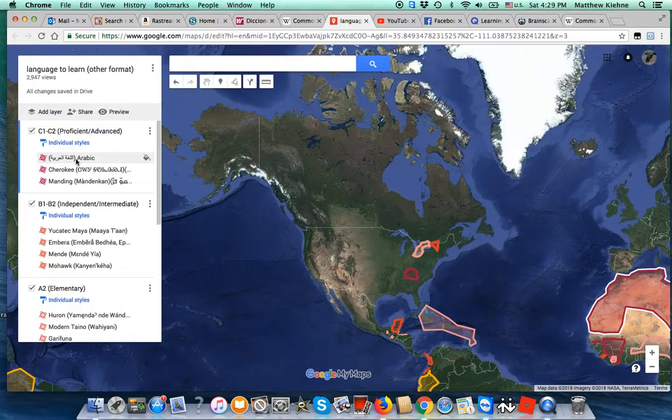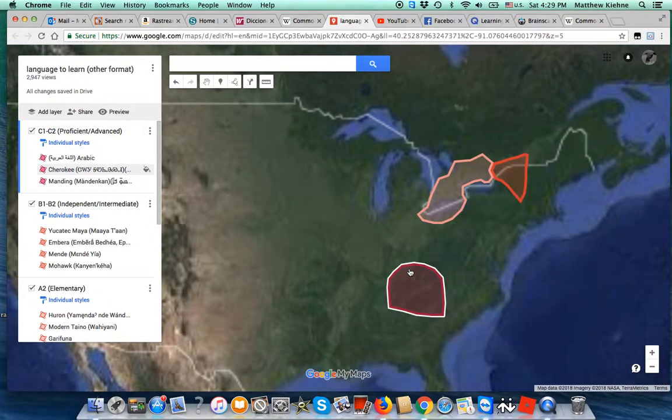Arabic, another reason it's on the list is just its scope. It's kind of like my token, quote unquote, normal language that most people have heard of and are familiar with. But Cherokee also got up there just for my strong personal connection, identity, and the fact that I live in and am from the United States. And apart from that, genuine interest. It is a very interesting language. I'm really interested in it, apart from the fact that I have ancestors